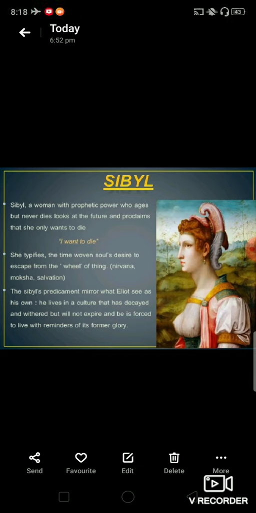In a similar manner we can see that Eliot sees his own predicament in Sibyl's, because he thinks that he lives in a culture that has decayed, as I was talking of the depiction. That is why he is saying April is the cruelest month. The culture has decayed and withered but will not expire,